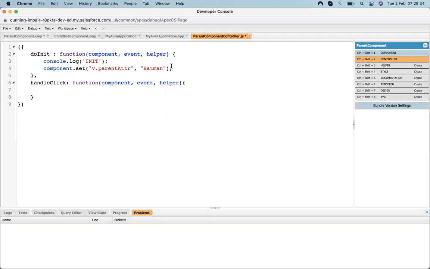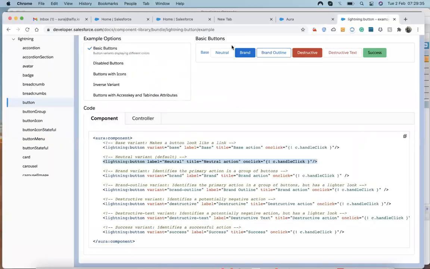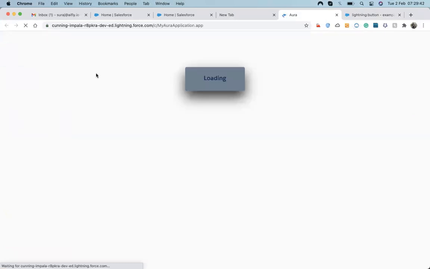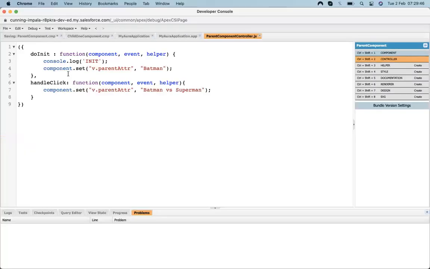And now I'm going to change it. Where is my button? I think I haven't saved. Let's save it.